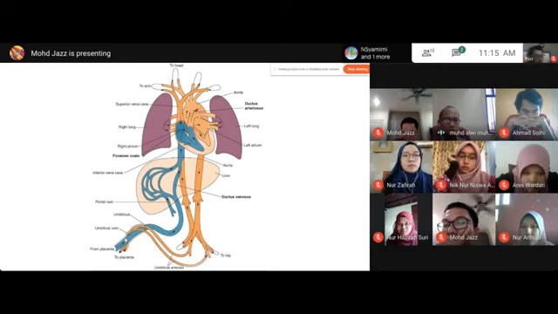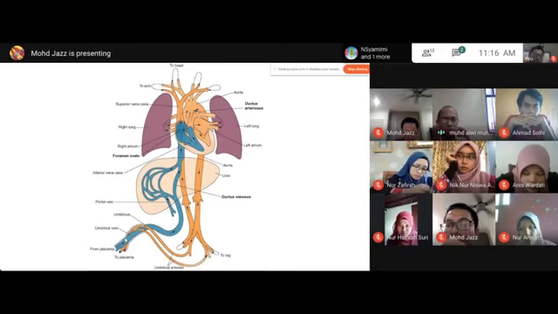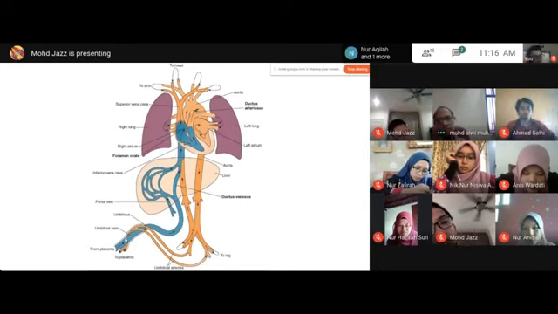Because in fetal circulation, the intravascular pressure in the lung is very high because the lung is collapsed. The lung is collapsed, so are the vessels in the lung. So the pressure is high. That's why